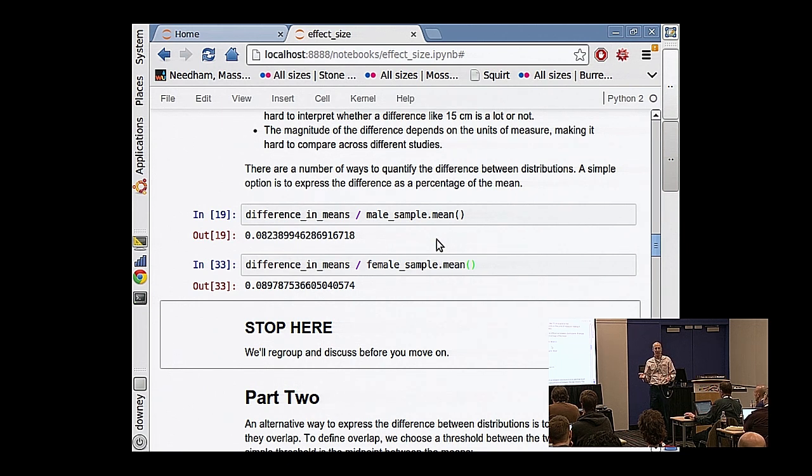And I would have to make an arbitrary choice that might or might not be the right thing for a given context. So one of the things that we're going to get at is there are many ways to report effect size. None of them are perfect. There are trade-offs, so we've hit one of them. As you go on, you're going to see some of the other alternatives, and we'll talk about pros and cons. So go on. If you haven't got to this point, go ahead and finish up, and then get to the next stop here section.